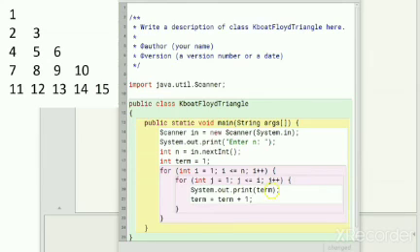I will separate the terms in each row with a tab instead of a space like this. The reason for this is, as Floyd's triangle can contain 1 or 2 or 3 or more than 3-digit numbers, with a space they will not line up properly. Using a tab as the separator will solve this problem. Let's add the System.out.println after the inner loop. Our program is ready, so let's check it now by executing it.